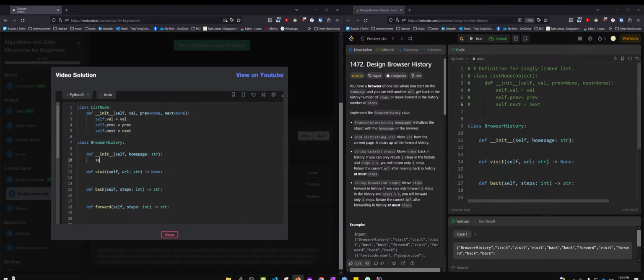So now to initialize our browser history, I'm going to create a current pointer for whatever current page we happen to be at. I'm going to create a list node. I'm going to pass in the home page as the value, and I'm not going to pass anything in for the previous or next node, because that can just be set to null. Now let's move on to visit, which is pretty